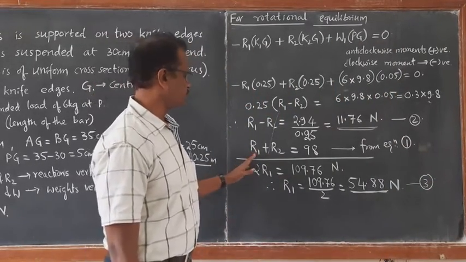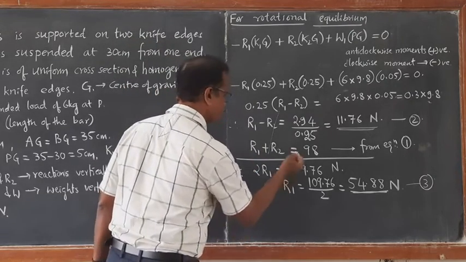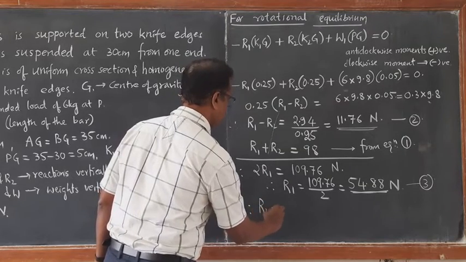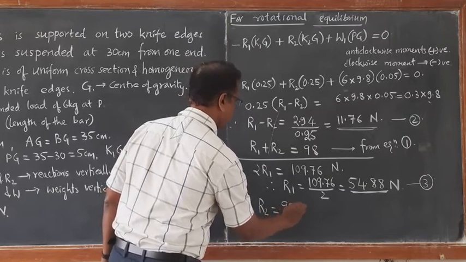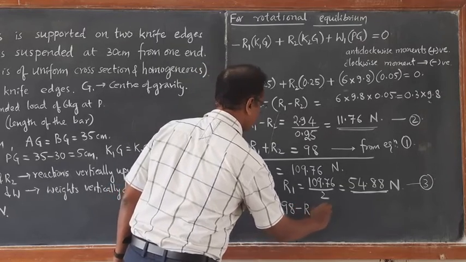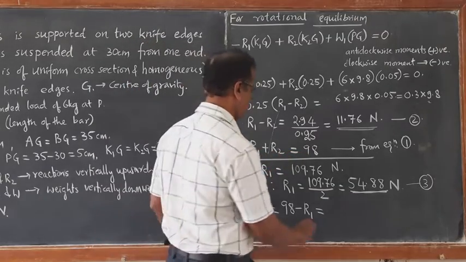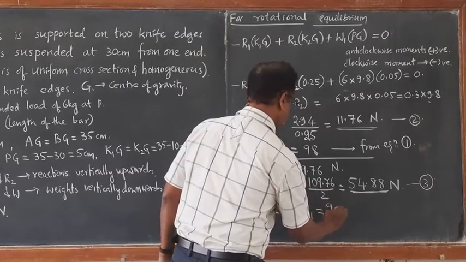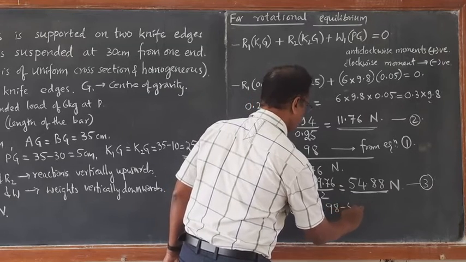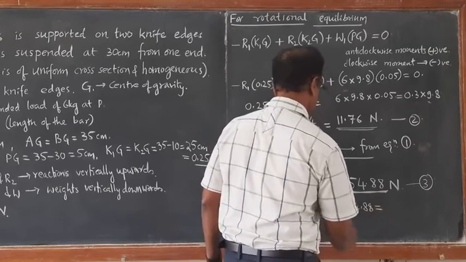We will get the equation for R2. Therefore, from equation 1, R2 equal to 98 minus R1. R2 equal to 98 minus R1. So R1 is 54.88. So if you calculate this,